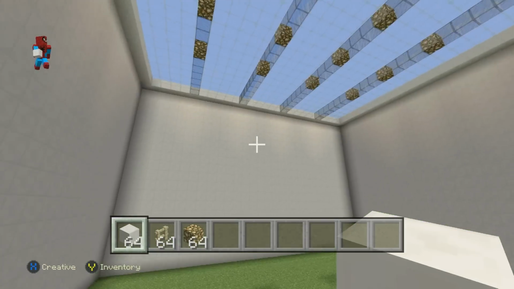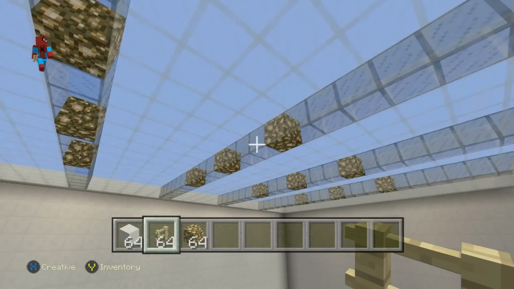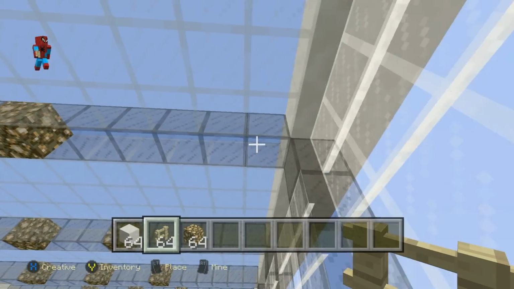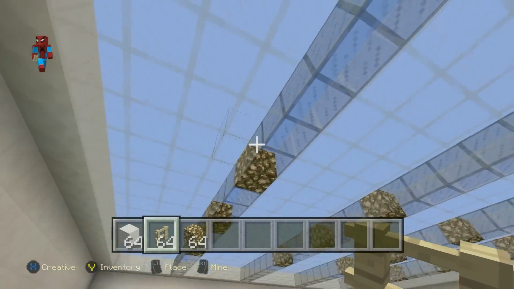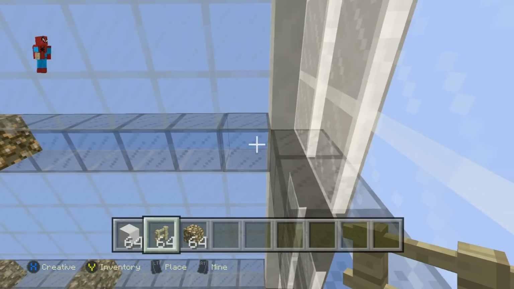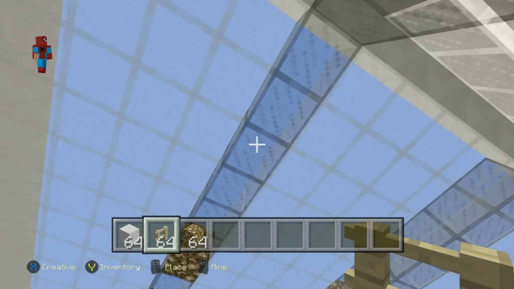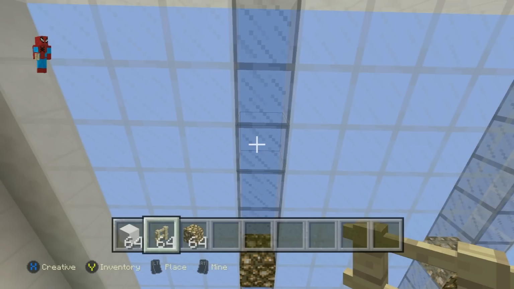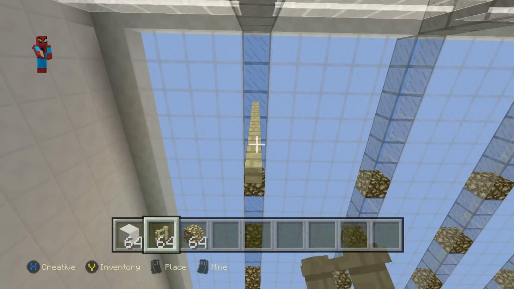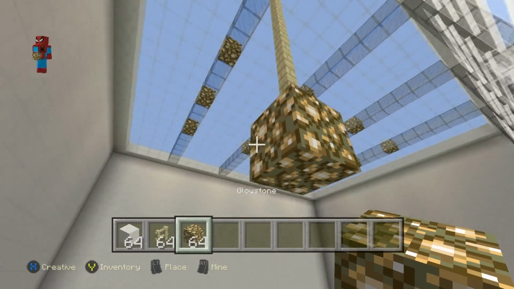What we now have to do is hang some lights coming down from the ceiling, and I designed them to be, can you see where we have these long rows of black glass in the ceiling, one on the front and one on the back? Well, we want to take the third block starting from either side, so on the front it'll be the 1, 2, third block either side, and we want to suspend rows of 8 birchwood fence coming down from these. That's 1, 2, 3, 4, 5, 6, 7, 8, and then we want to place a glowstone underneath them.